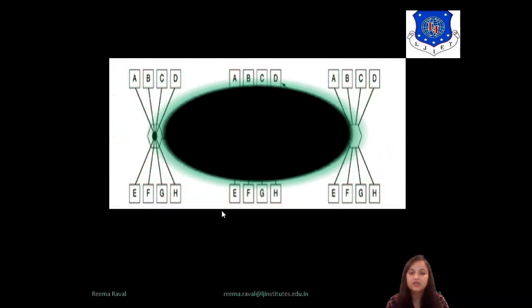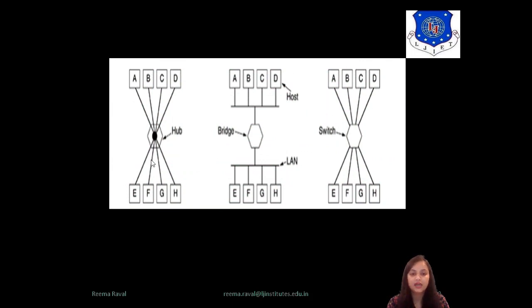Now consider this diagram in which in the first diagram hub is indicated, in the second diagram bridge connection is indicated, and in the third diagram switch configuration is indicated. So using this diagram you can differentiate the way of interconnection using different network connecting devices. So first over here as you can see hub, which is actually a central connecting device to which different devices are connected centrally. That is over here as you can see host A, B, C, D, E, F, G are indicated, which are the end devices or computer devices, right? To which the data is to be transmitted or received.